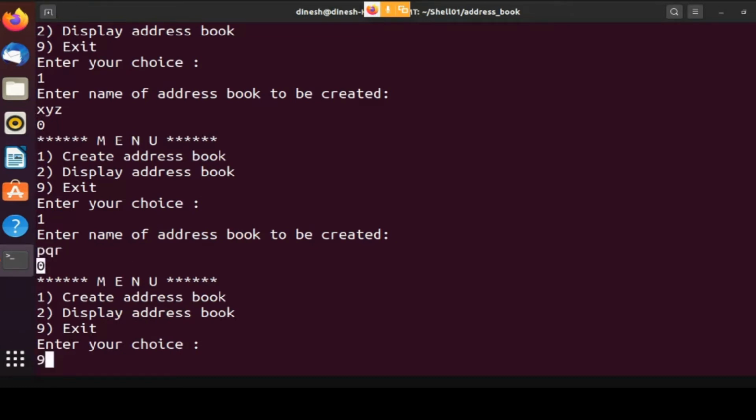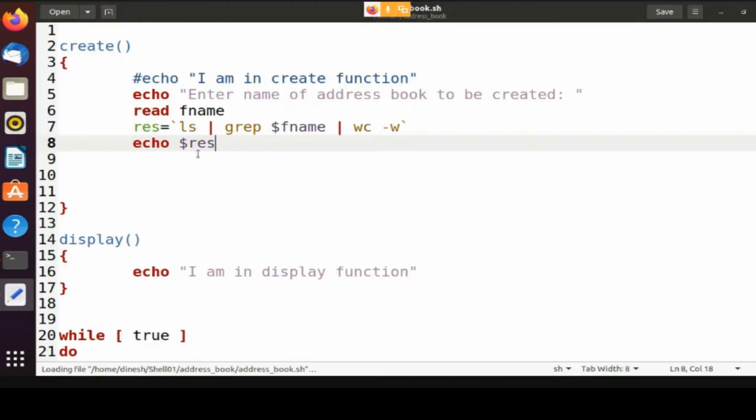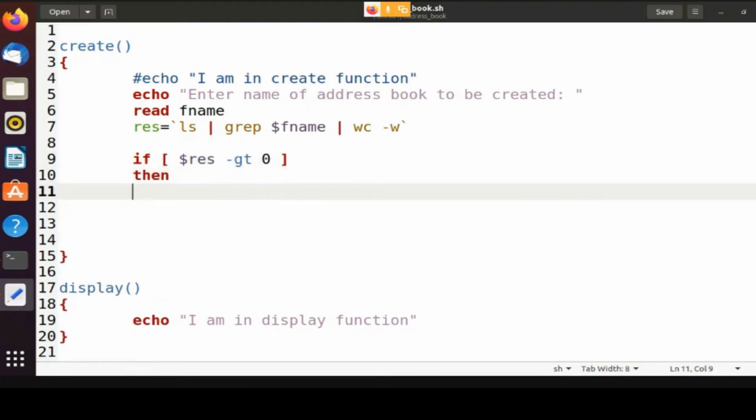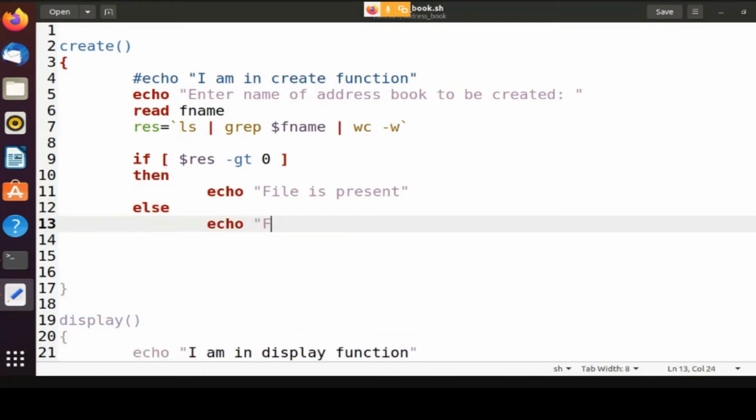So let us go to the code again. And now if it is greater than 0, I can write if $res is greater than 0, what does it mean? That I'll just say echo file is present. Else echo file is not present.